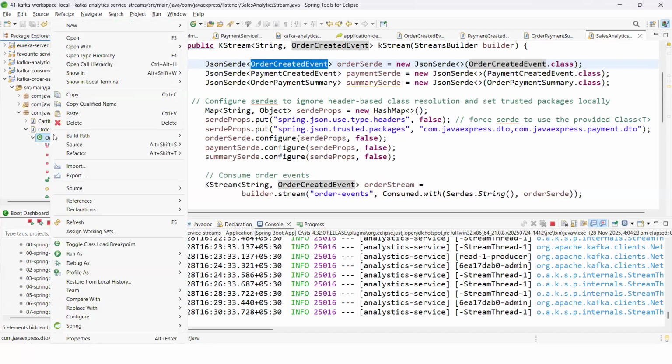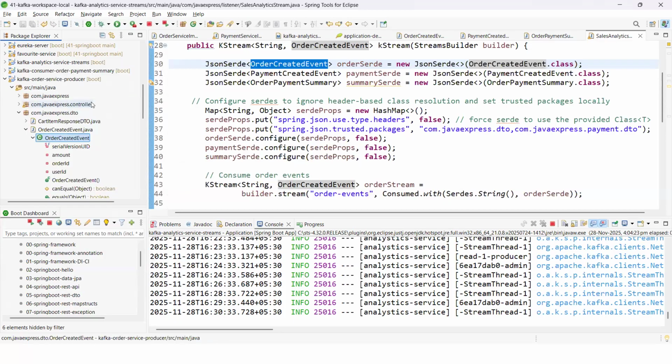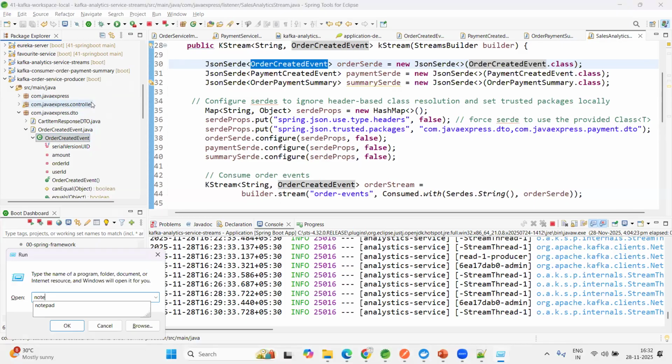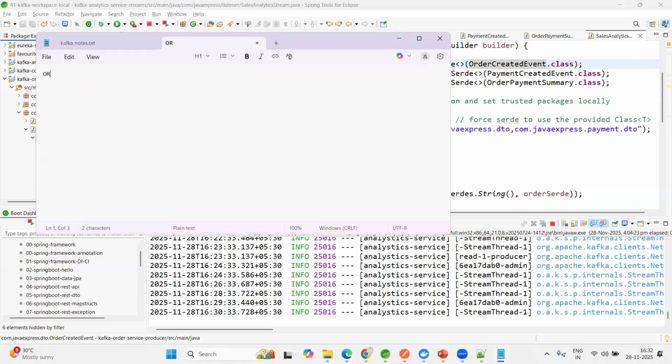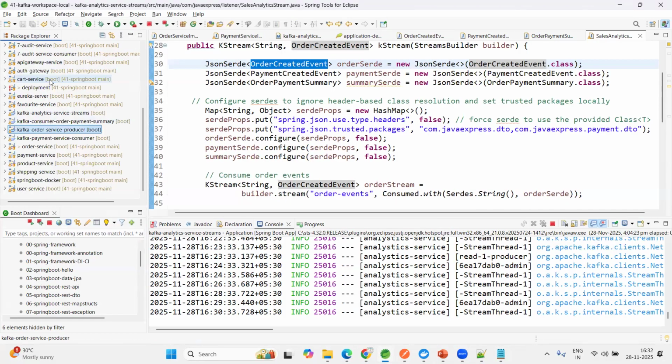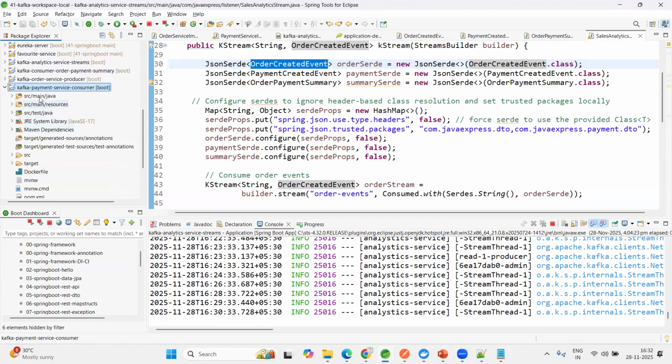This is the fully qualified name. Let me show you guys so that you will get some understanding. From order service, this is the event we are publishing. And from the payment service, the payment microservice,